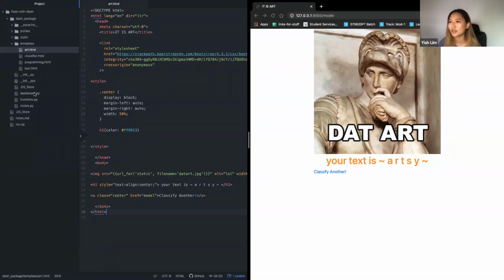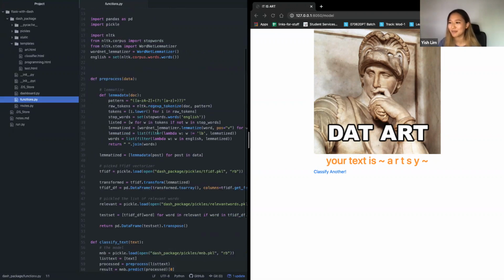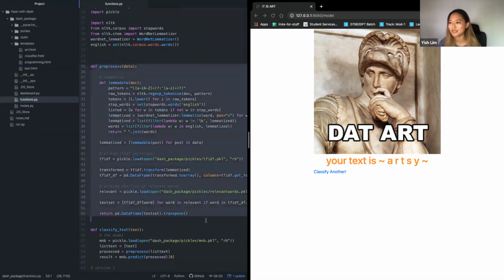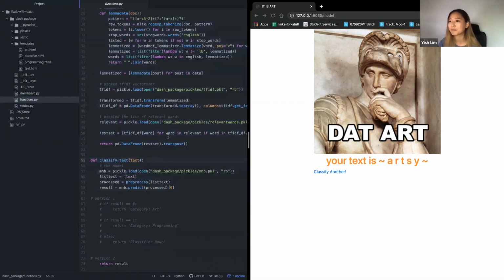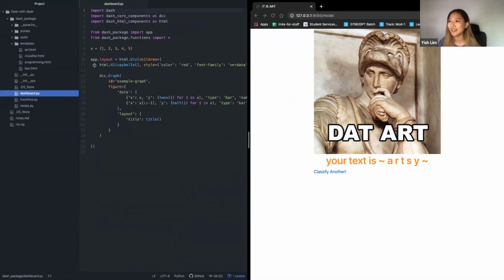Other things to talk about, let's see. Let's go back to routes. Yeah, so this part is very similar to the Flask bit. And then all of these functions live in the functions.py file where I had my pre-processing function and my classification function. So that's the Flask part. The dash part of this lives in dashboard.py. So if I go back to dash,